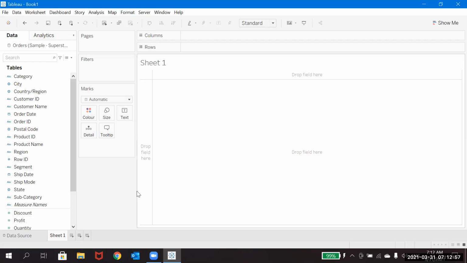I think we have already generally told you what the dimensions are and what measures are. The numeric values will go into the measures and string values will come into the dimensions. In a technical and very clear way, if the columns in your data are measurable values, they come to the measures.